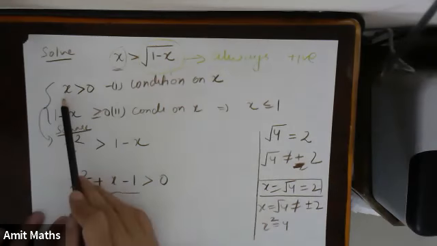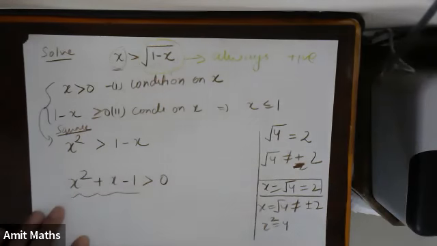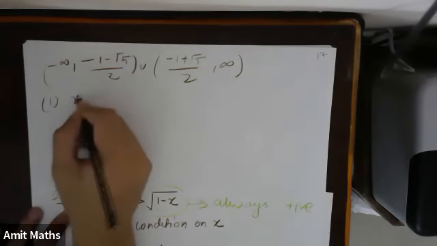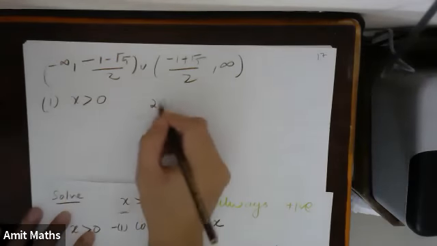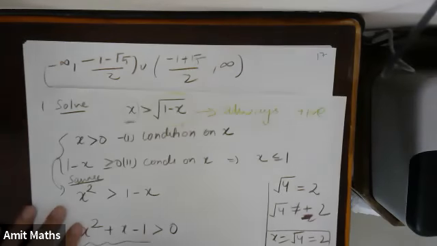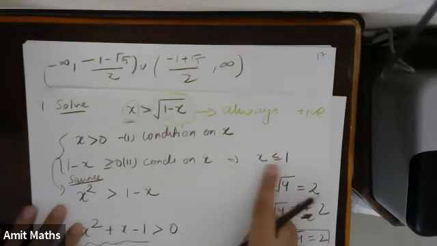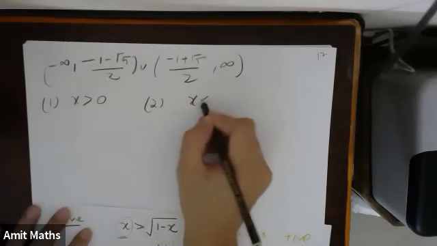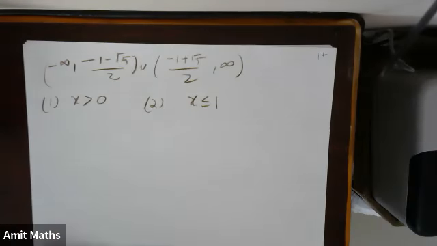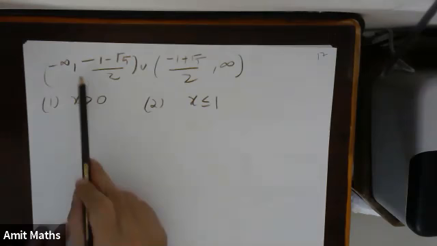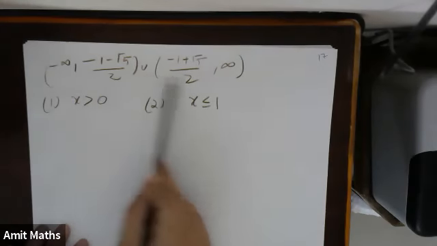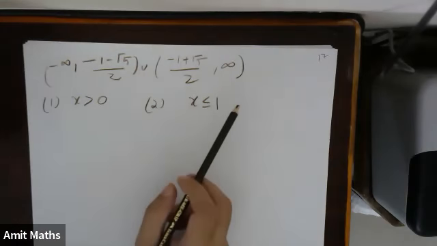which we used was x should be greater than 0. So the first condition was x should be greater than 0, and the second condition was that x should be less than or equal to 1. Now this answer I am getting,